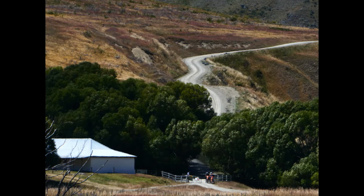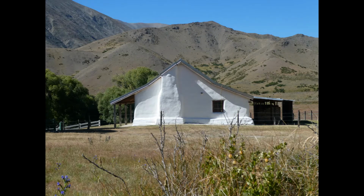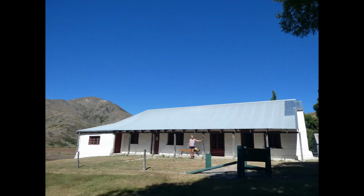Andrew Dinsdale is the DOC ranger at Molesworth, and I met him at the Acheron Accommodation House and asked him to tell us about this wonderful old building. So we're at the Acheron Accommodation House, which is the oldest building on the Molesworth estate. Built in 1862 to 1863, it was one of 7 accommodation houses from the Nelson area down through to the